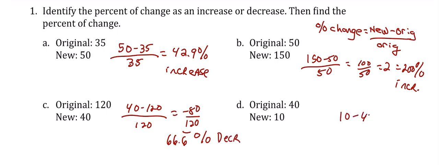Okay, again, new minus the original over the original. So this is going to be a negative 30 over 40, which this one you might be able to do even without a calculator. That is 3/4, which is 75%. It's negative, so it's a 75%. I'm going to put it right here, 75%